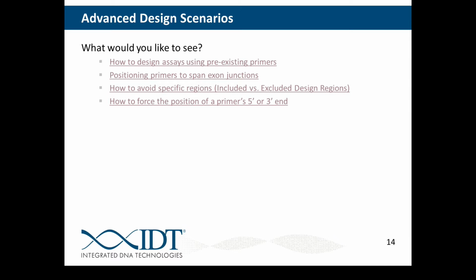Absolutely. So for most of our design tools, all three that I mentioned, the PrimeTime, RealTime, and the PrimerQuest tool, we do use default or some standard master mix conditions. So we usually use a magnesium concentration of 3 millimolar and a dNTP concentration of 0.8 millimolar. And like I had mentioned, those divalent salt concentrations significantly impact the TM. And the TM that you do see on the spec sheets, we don't use any divalent or monovalent salt concentrations to calculate those,